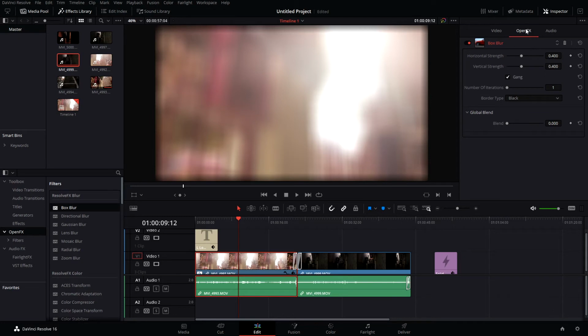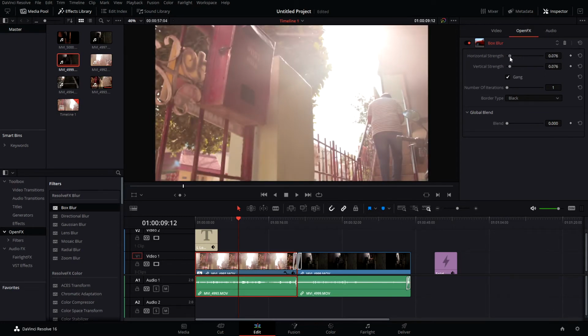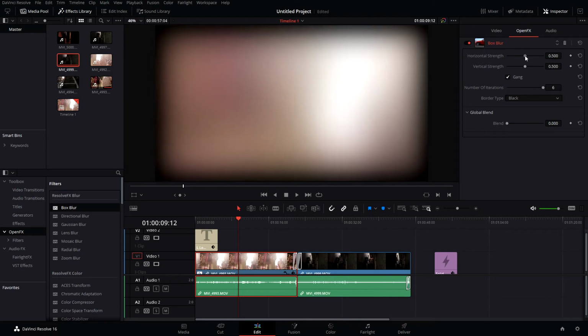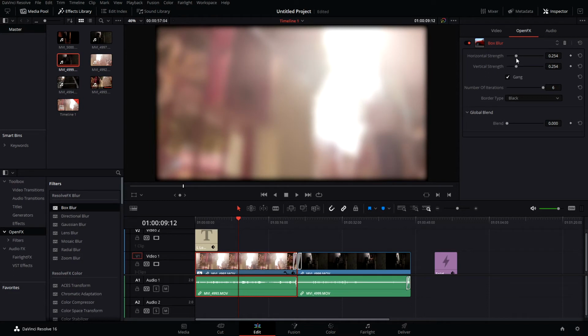Here you can see in the OpenFX, if you open the inspector over here, see. Have you seen Three Idiots? In the start there will be Vinod Chopra Films, it will be kind of a boxy blur. Have you seen that? So it's kind of like that.